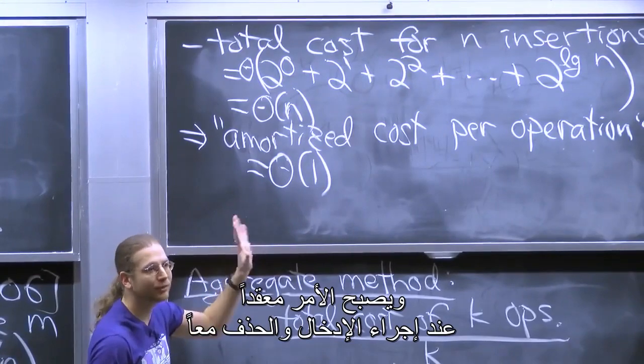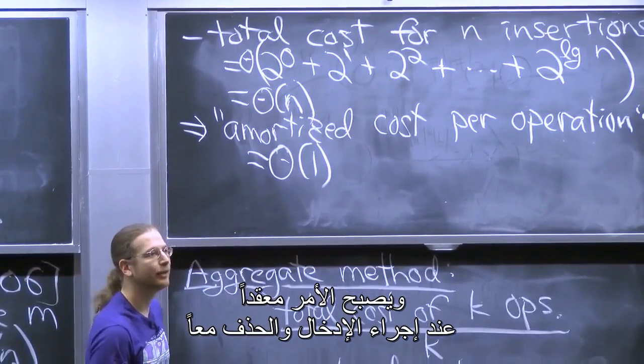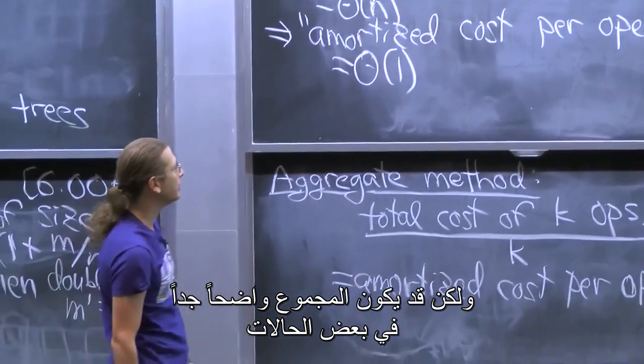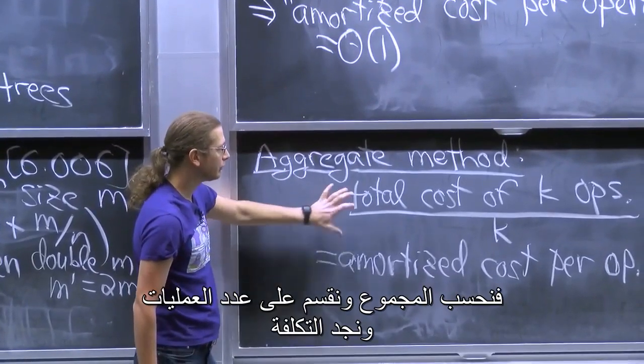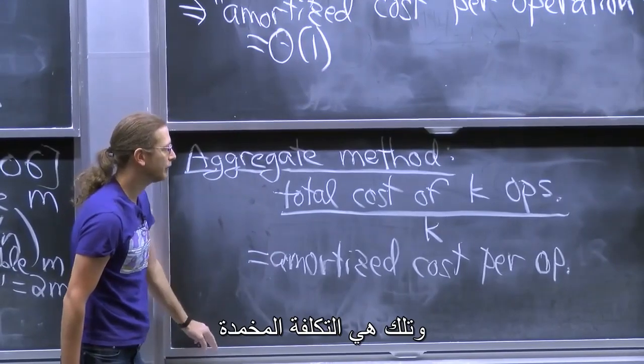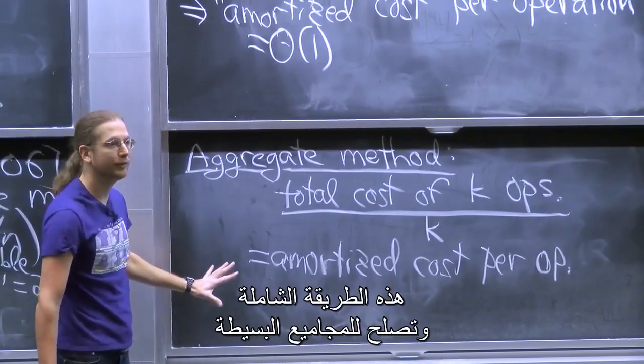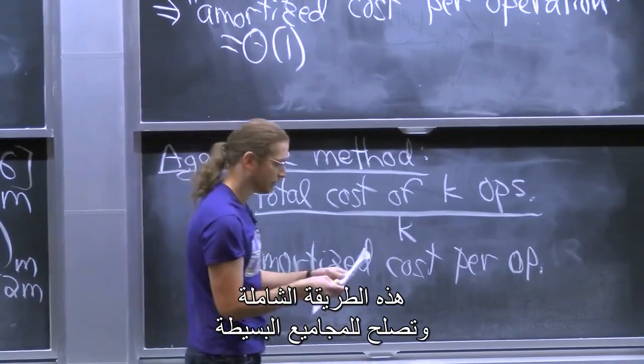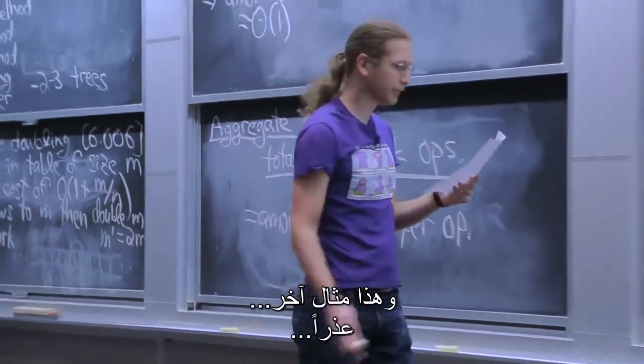As soon as you mix inserts and deletes, the sum is not so clear. But in some situations, the sum is really clean, so you just compute the sum, divide by the number of operations, you get a cost, and that could be the amortized cost. And that's the aggregate method. Works great for simple sums. Here's another example where